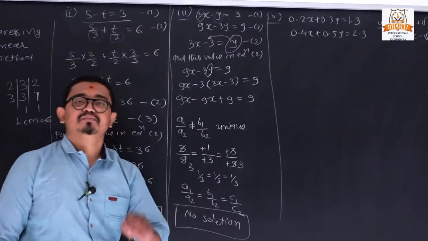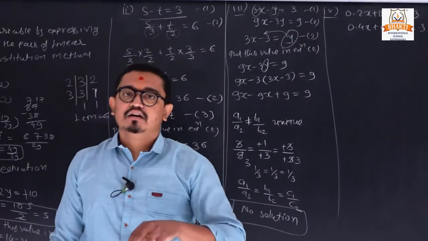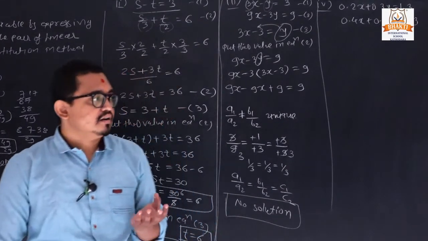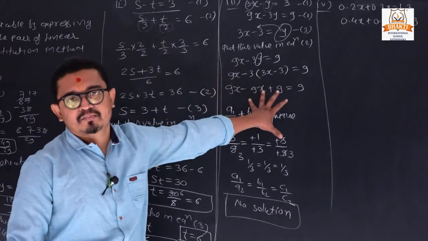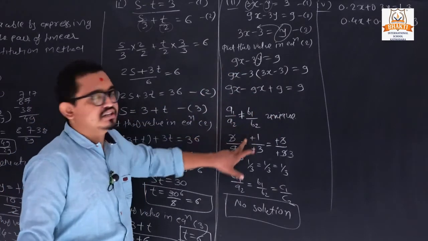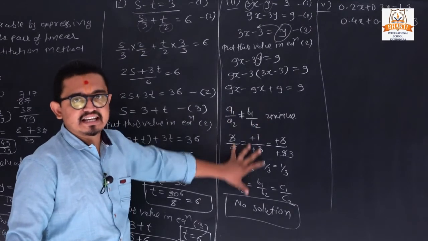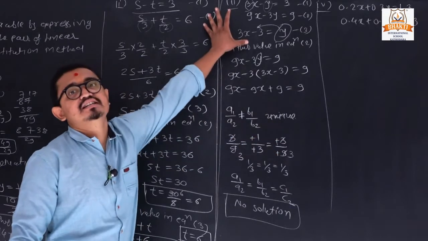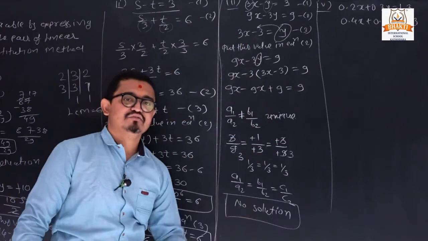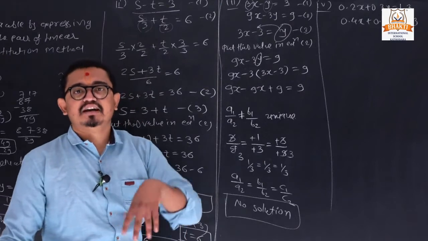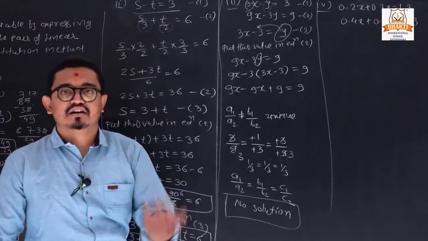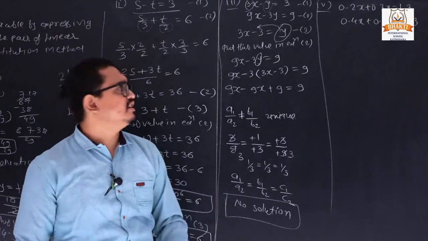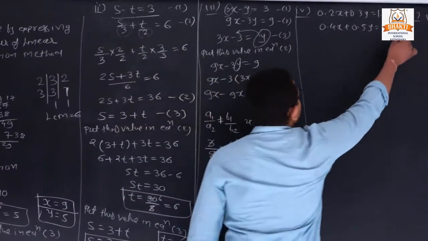So in examination, in any method, suppose you want to know whether the answer is possible or not. So first of all check the condition in rough. After checking the condition, if you see that these both are not equal, then we can solve this equation. Otherwise we can directly write what? No solution, or sometimes one of the conditions is that it has infinitely many solutions. Clear? It depends on the condition. Now next,